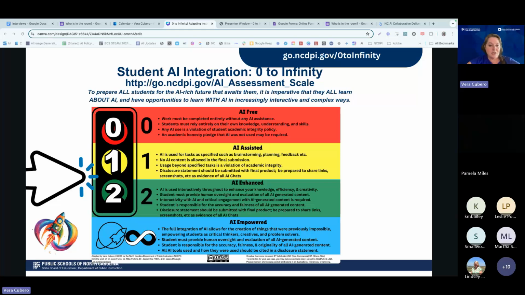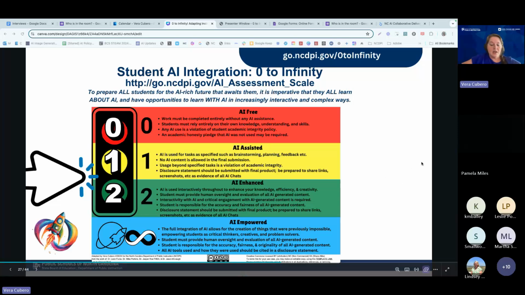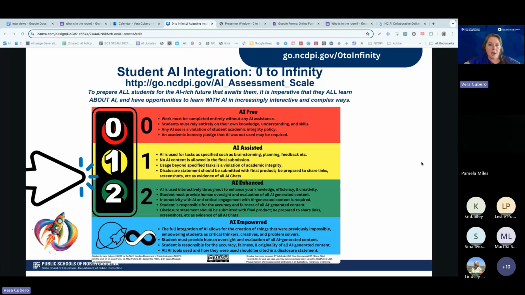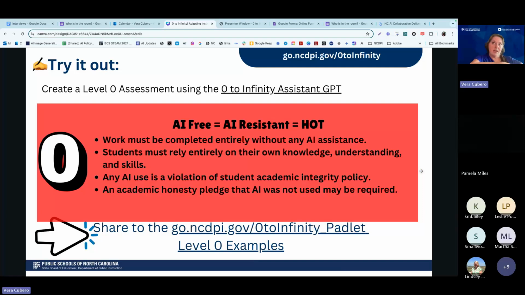And our students, if given the opportunity to develop the skills, may be the very ones who are able to solve some of those perennial problems that we've been dealing with forever using AI, if they're given the opportunity to learn it at that level. And so we're going to go into the hands-on portion of the content now. We have about 15 minutes left, so I want to spend at least 10 minutes here, and I'm going to demonstrate it for you first, but there is a link on this next screen to a